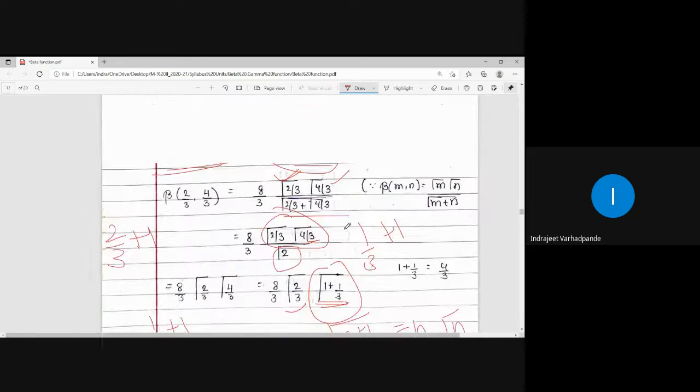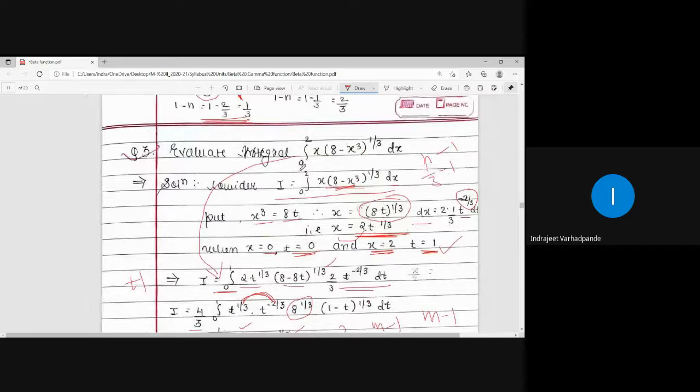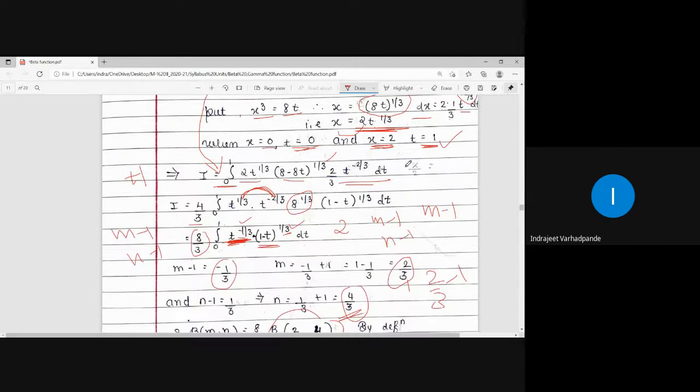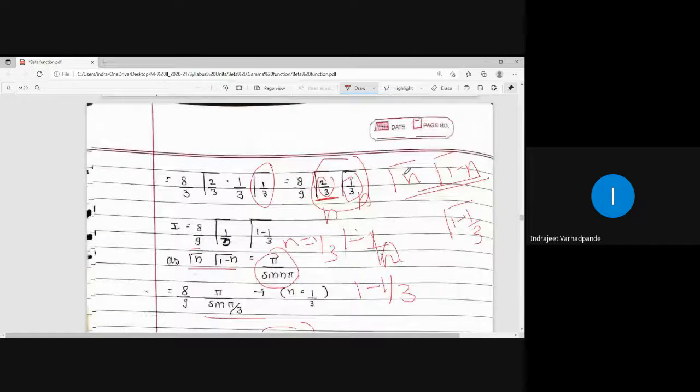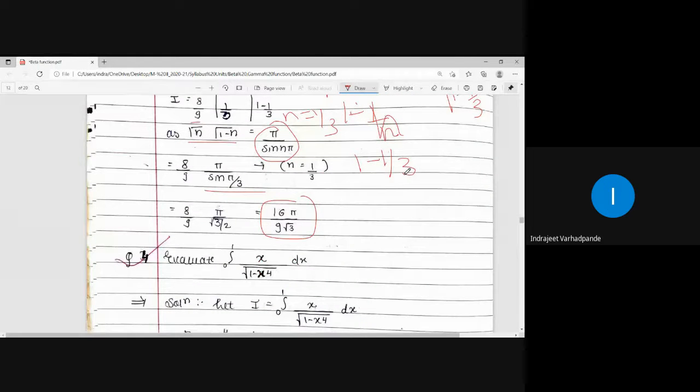So initially the given limits are not in the exact requirement of the beta function, but looking at the terms, one term is a variable and the other term can be 1 minus variable. By proper substitution we can easily convert it into the definition of the beta function, and the only connection for the beta function to be evaluated is via the gamma function.